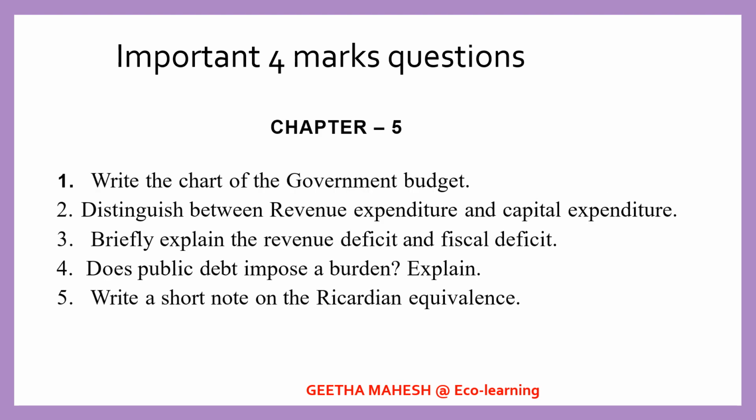Fifth chapter, government budget. From this chapter, again you can expect 2 4-mark questions. So prepare all these important 5 questions. Okay. So one is chart of government budget. Distinguish between revenue expenditure and capital expenditure. Briefly explain revenue deficit and fiscal deficit. Then,